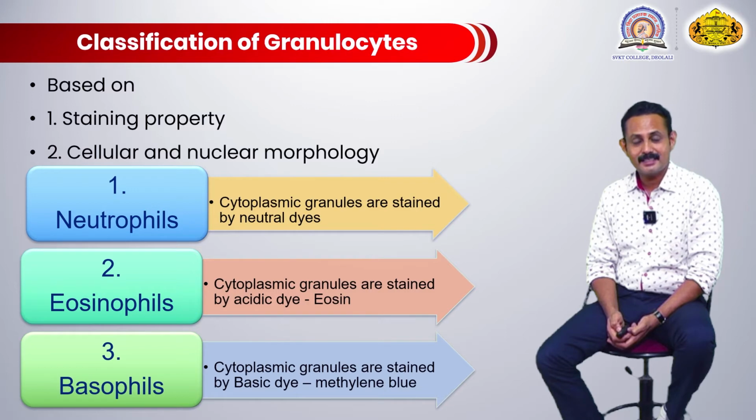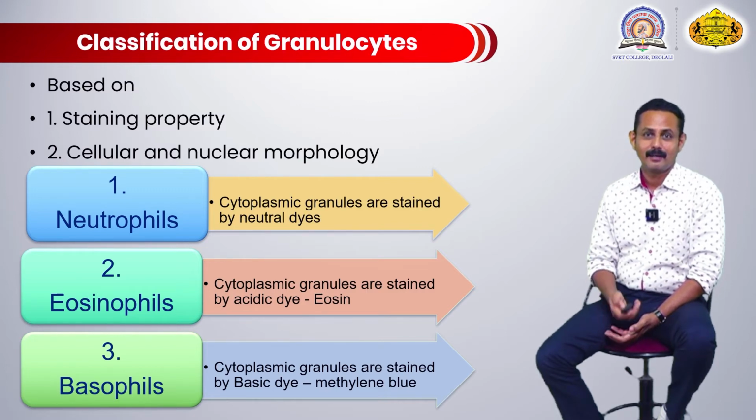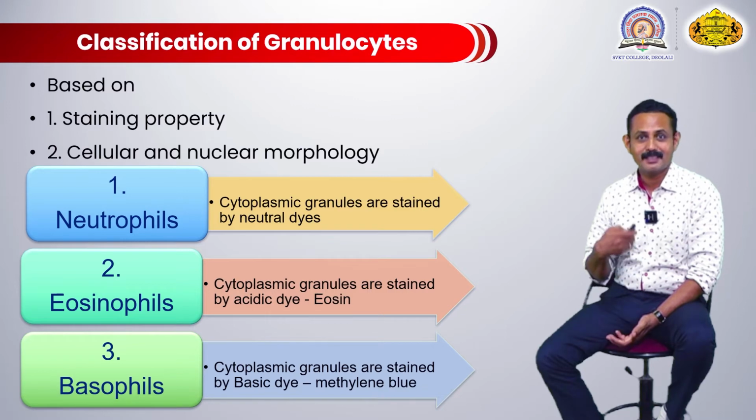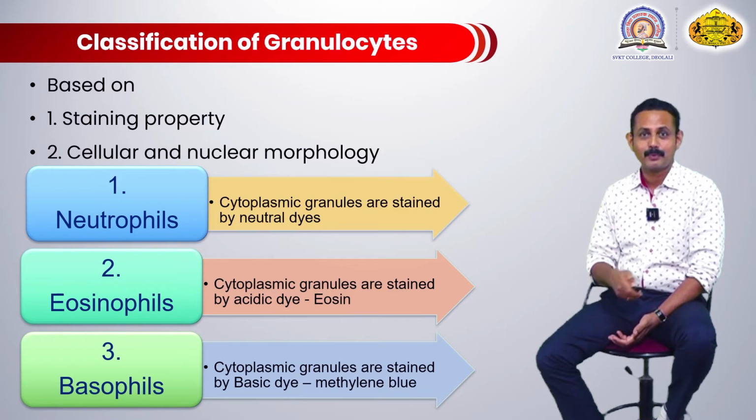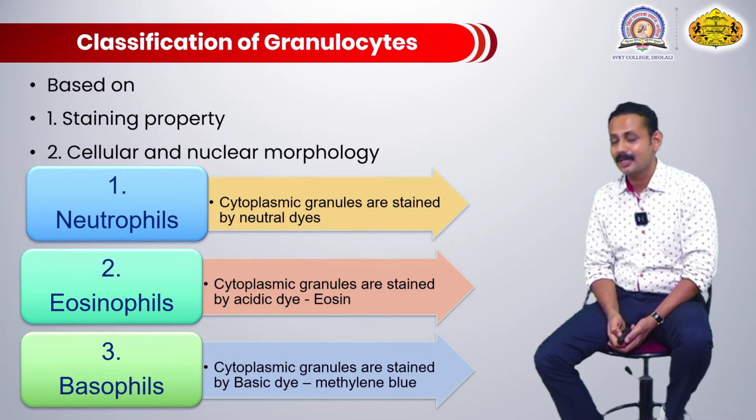But among these three, neutrophils are the potent phagocytic cells. Though their size is small, as compared to macrophages they are potent phagocytic cells. Their presence is in greater number. That's why they are involved in very large numbers in the destruction of pathogens by the process of phagocytosis.